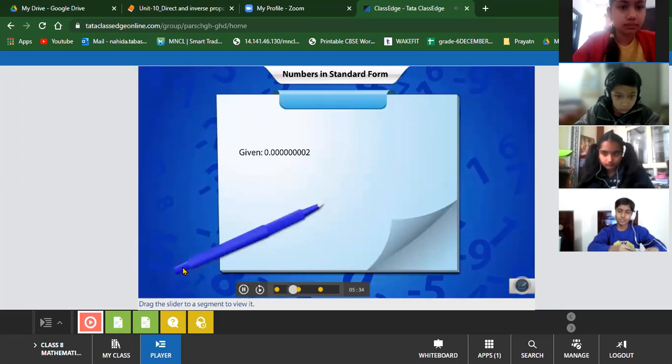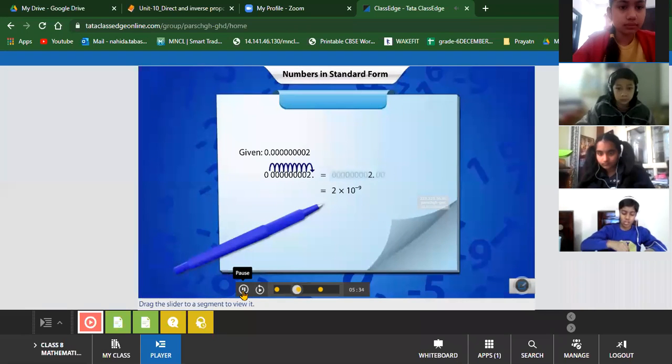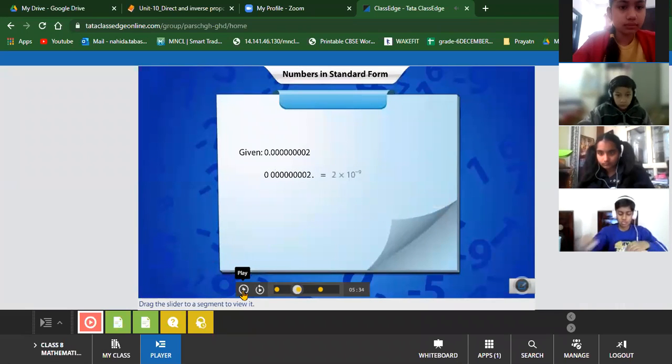Let's now look at writing 20 nanometers in the standard form. The procedure remains the same. That is, we move the decimal point until there is only one non-zero digit remaining to the left of the point. The leading zeros are dropped and the resultant number, 2 in this case, is multiplied by 10 to the power of the number of places that the decimal has been moved. So here they are taking the power in the negative form. Can someone tell me why? What is the reason for this?